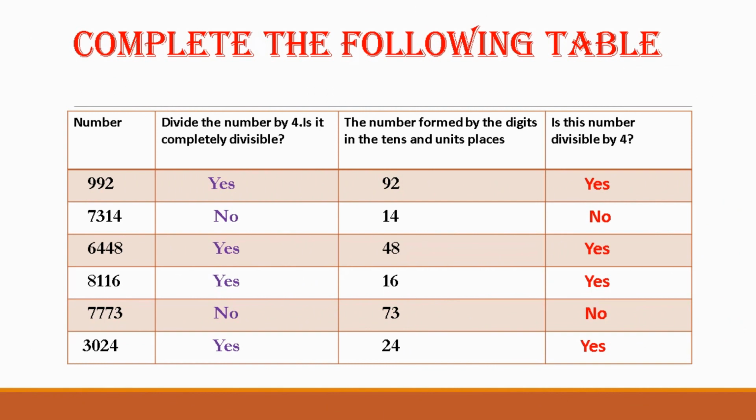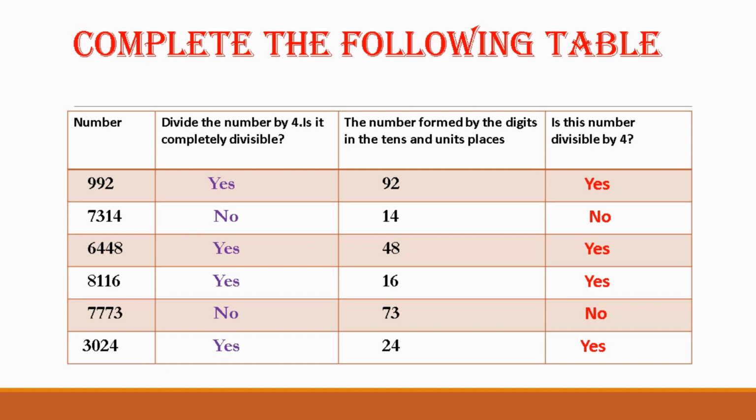Now let us complete this given table for the test of divisibility for 4. Here in the table numbers are given, and then we have to fill up these columns. Second column, divide the number by 4. Is it completely divisible? So 992, when you divide by 4, it's completely divisible. The third column, the number formed by the digits in the tens and unit places. So you can see here tens and unit places, it forms the number 92, and therefore this number is divisible